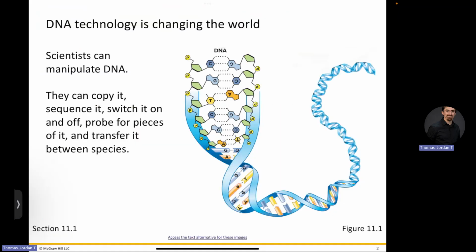So overall, though, DNA technology is changing the world. Scientists can manipulate DNA, they can copy it, sequence it, switch it on and off, probe pieces of it, and transfer it